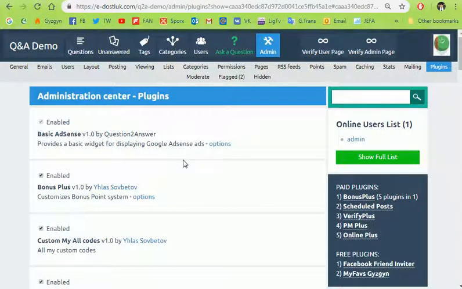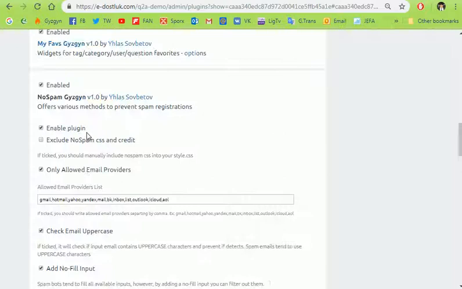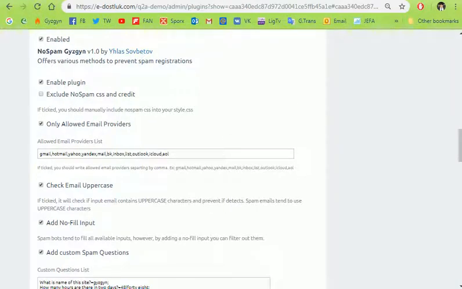What is this and how does it work? I basically go to the Q2A admin backend, to the plugin section. I scroll down and find my NoSpam plugin here. This plugin offers various techniques for combating spam registrations. For example, the first method is